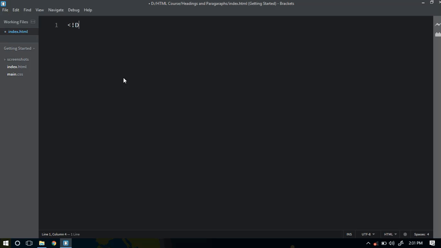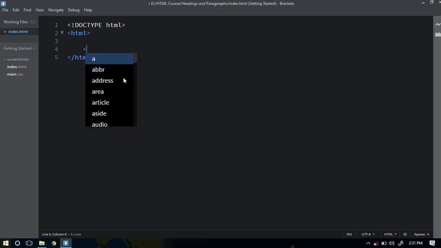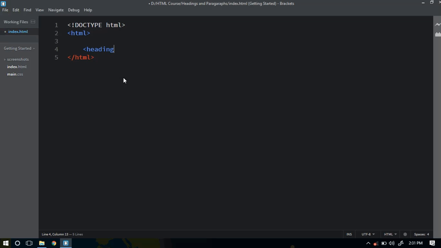So let's go ahead and type all the basic requirements. Doctype HTML. You pretty much need to type these every time you want to create a new web page. So HTML, and then head, and now the title, and let's write headings and paragraphs. And after that we will be creating the body tag,